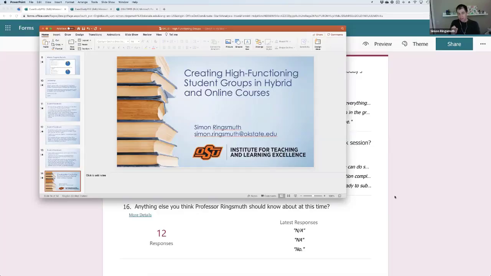Let's see. I like the idea of giving feedback during the process so students can make adjustments along the way. Yes. Don't just create your groups and then abandon them. Be involved in them. In fact, if you teach online, set a time where you can meet once with every group during the project. So it's a 6-week project. Okay. You have once in that 6 weeks, meet with each group and just check in with them. How's it going, everyone? Is there anything I need to know about?